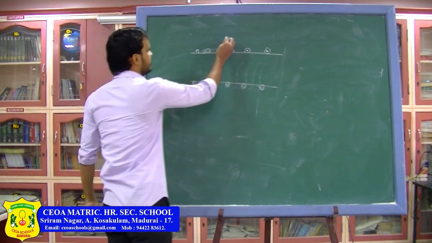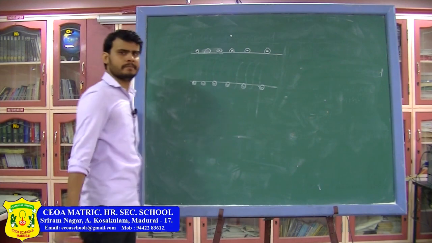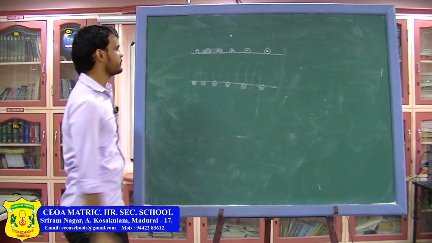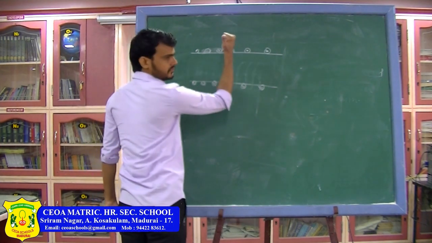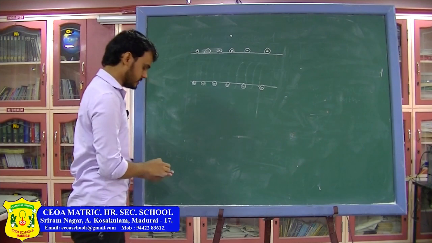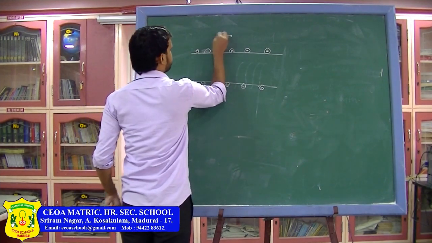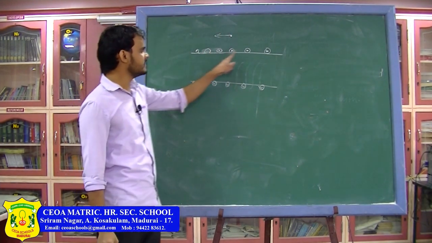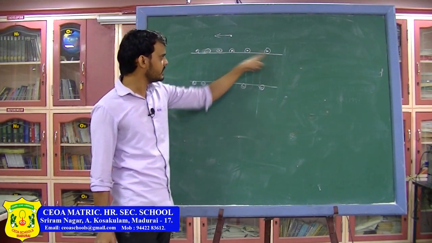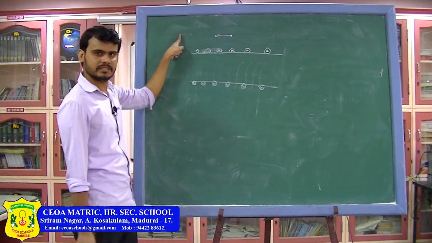Now if I want to find the direction of magnetic field at this point, I can use the right hand thumb rule, or right hand palm rule. So I will keep my thumb in the direction of the current, fingers towards the point. So due to this wire, the magnetic field will be in this direction. Similarly, due to all these wires, the magnetic field will be in this direction, so it will add up.